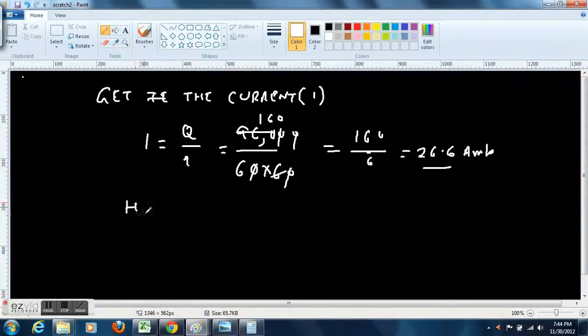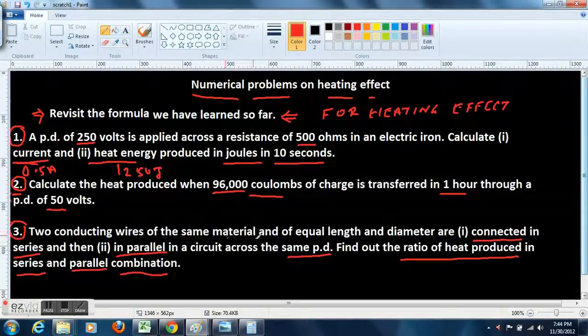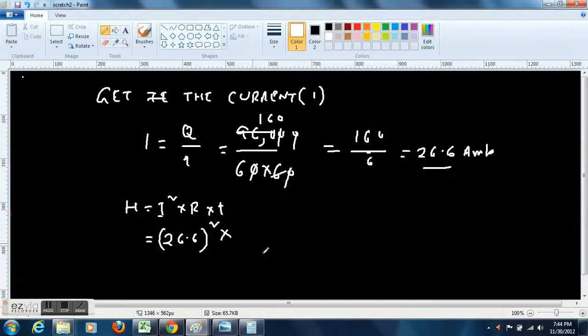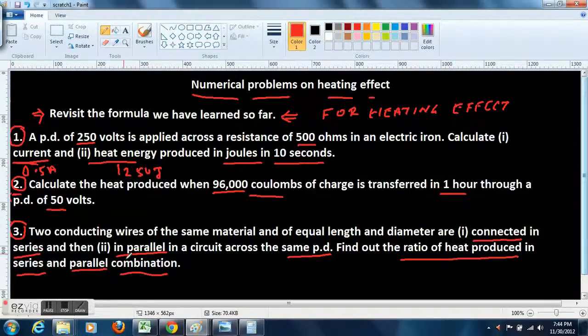Now we know the formula H, the heat produced, equal to I to the power 2 into R into T. Now the thing is, we still do not know the value of R. That is, the value of resistance is not given. So we still need to find the resistance from the other values that we know. We know the potential difference, and we got the value of current flow I. Therefore, we can calculate the value of resistance R